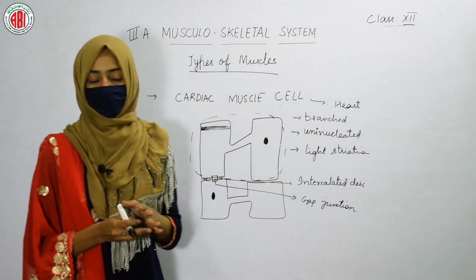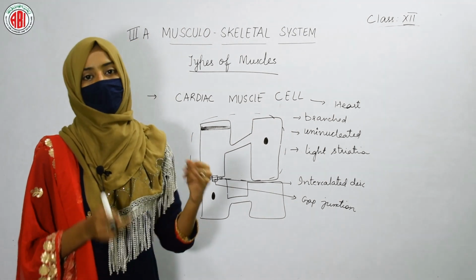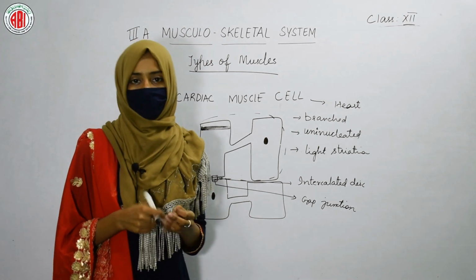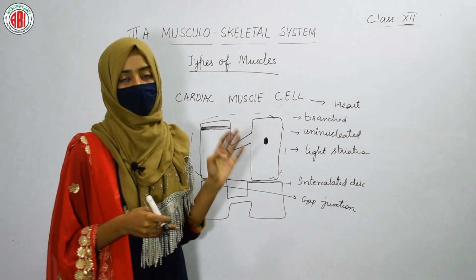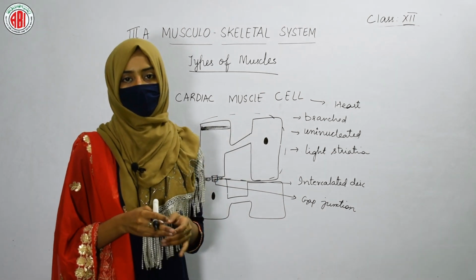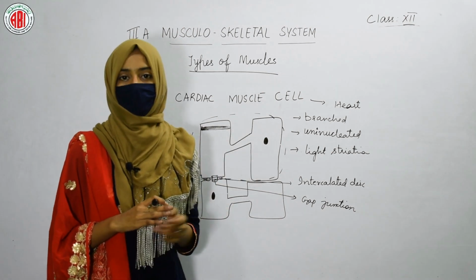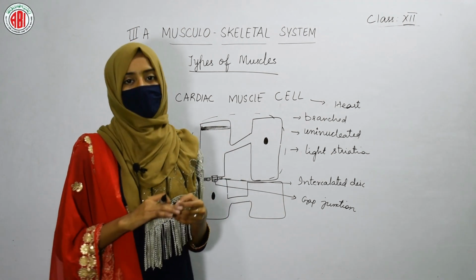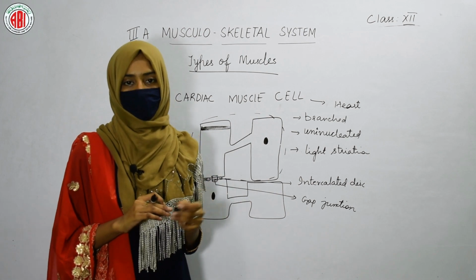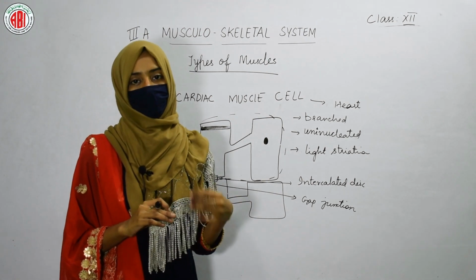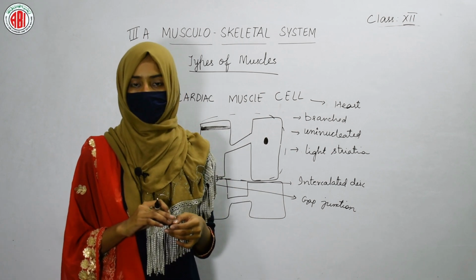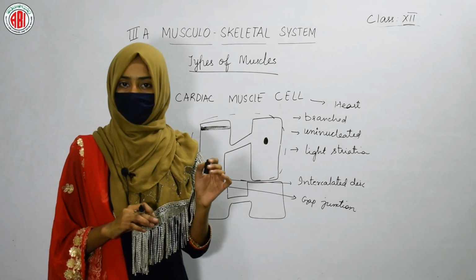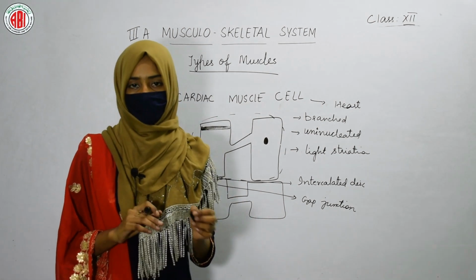So we have seen the different types of muscle cells. One is the skeletal muscle cell that shows striations and is unbranched, but multinucleated. And we have seen that smooth muscle cells are also present, which are also termed visceral muscle cells. They are also unbranched, but they do not possess many nuclei. They show only one nucleus in their structure, so we call them uninucleate cells. And these cells are spindle in shape. But when we see the cardiac muscle cells, they are present only in the heart, they are branched and also uninucleate.